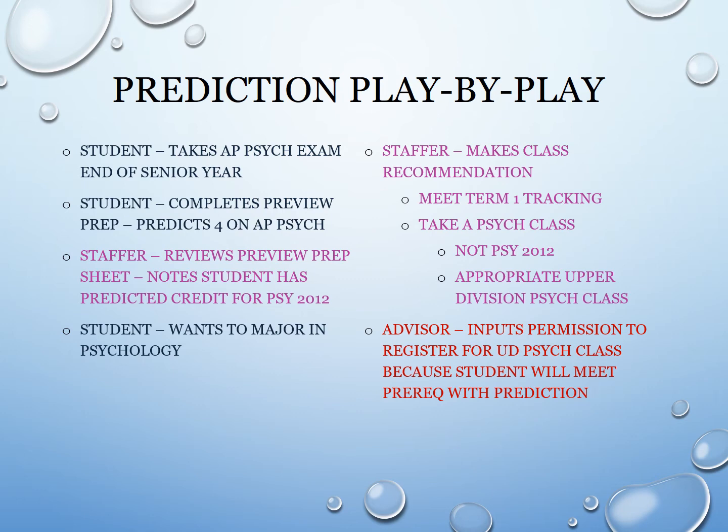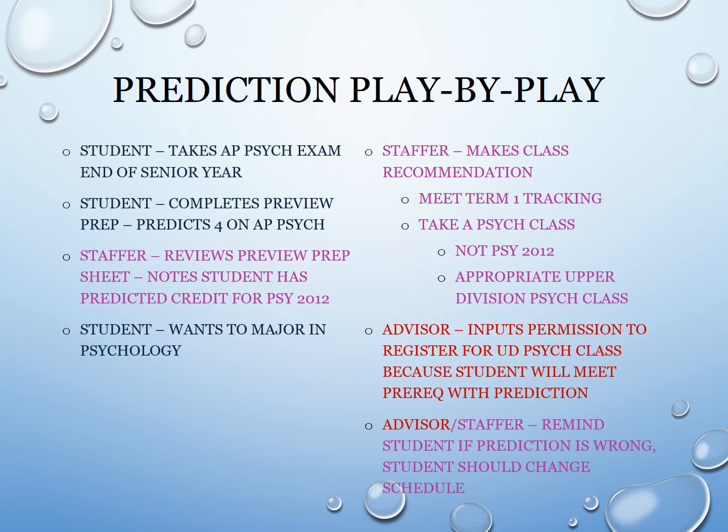Think about the sheer number of classes that we help students register for or advise students to take that are based off of a predictive score from AP, IB, or ACE. It's a lot. So the student is going to have that permission from the advisor to be able to register for the class. And the advisor or the staffer, depending on if they're the registration lab or they're still meeting with their advisor for registration,